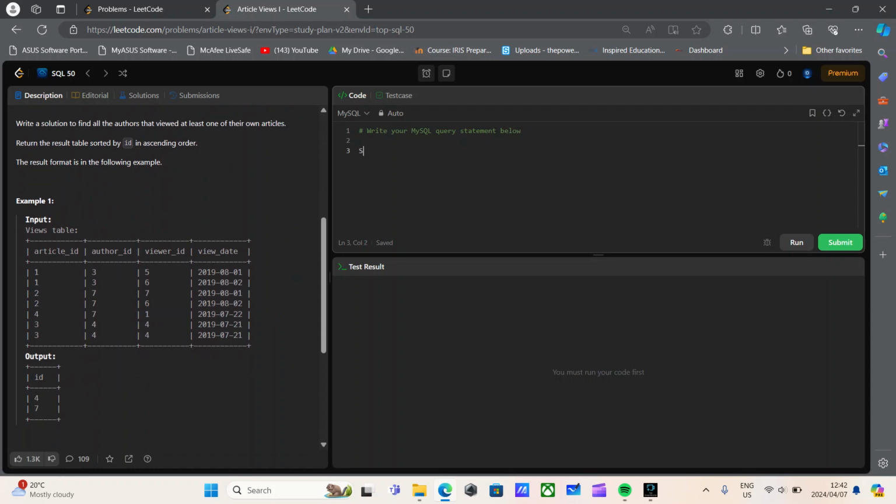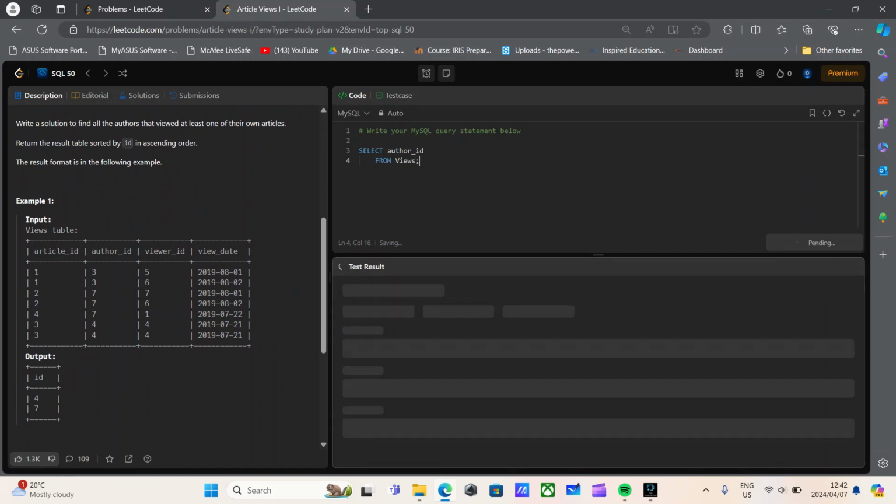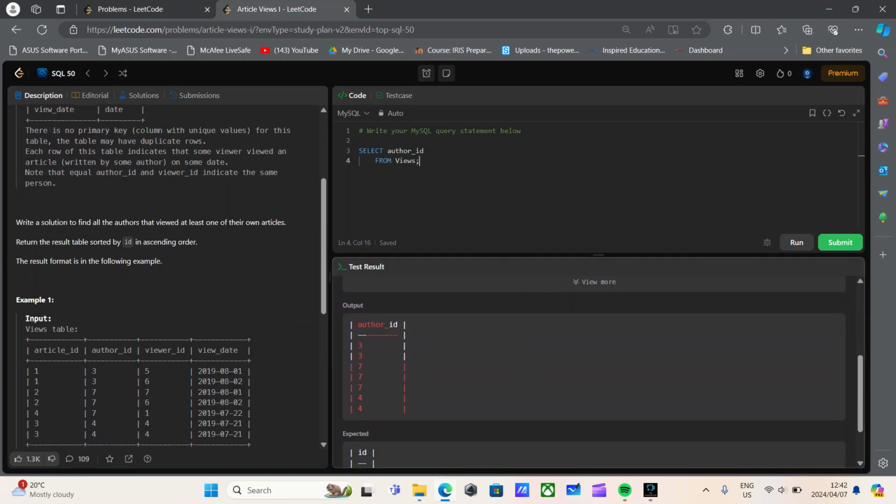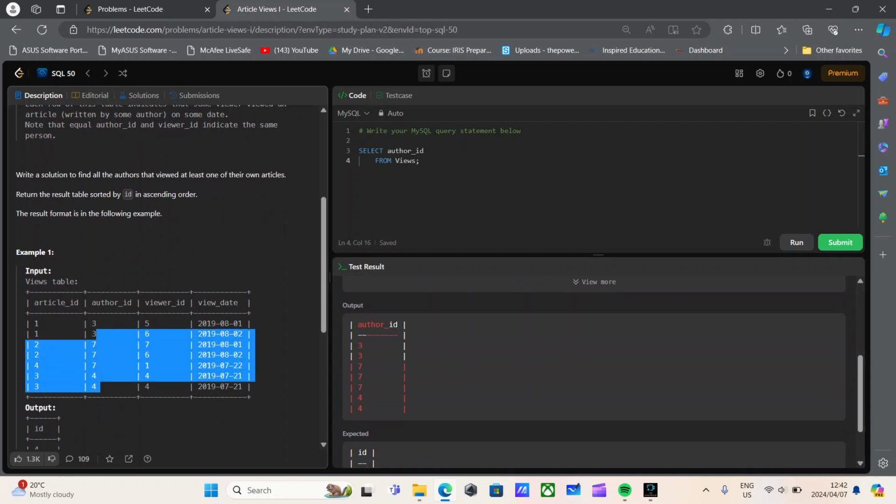So we have to do a select. We know what we are selecting. We are selecting the author ID from the views table. And if we just do this, notice we get it wrong. We only get back the author ID, which is the values in the second column right here. That's what we're getting. But what the query states is you have to filter it such that